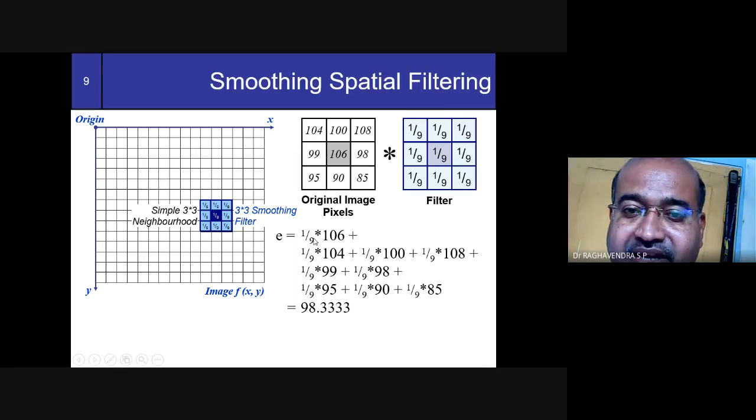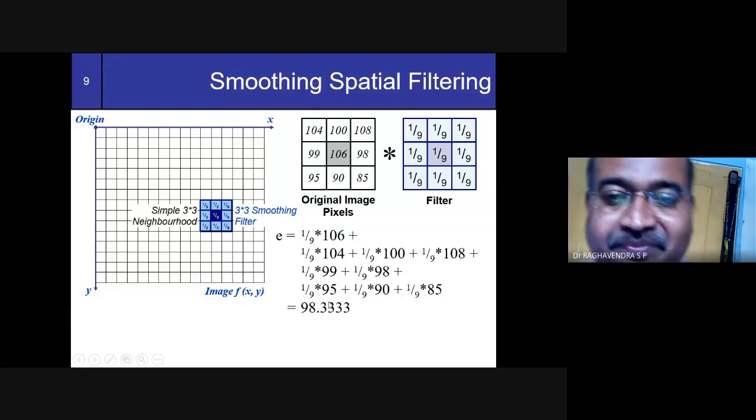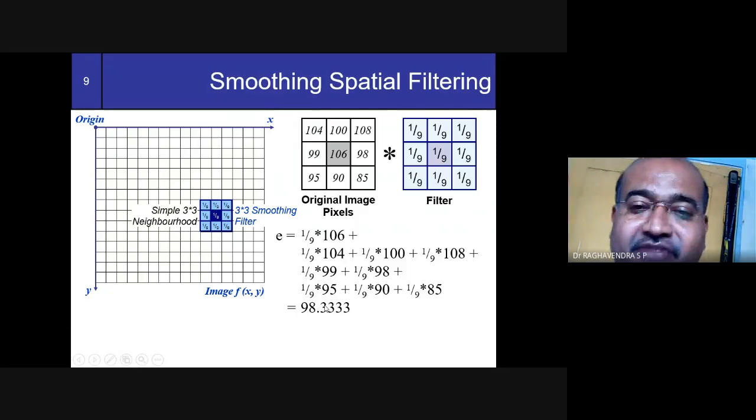See, 1 by 9 into 106 plus 1 by 9 into 104, plus 1 by 9 into 100, 1 by 9 into 108. The process goes on. If you have a calculator, you can do that. So the ultimate value we are going to get is